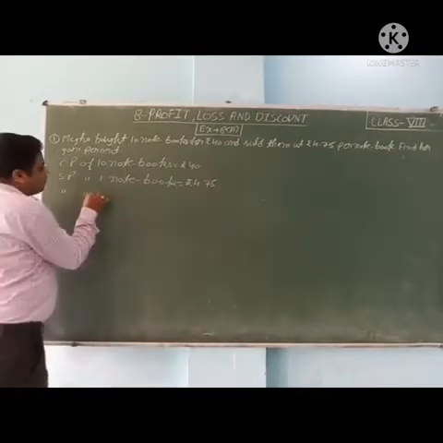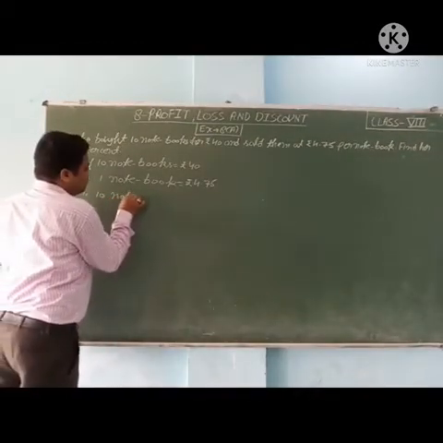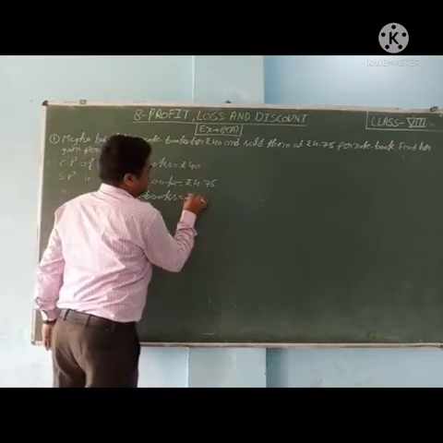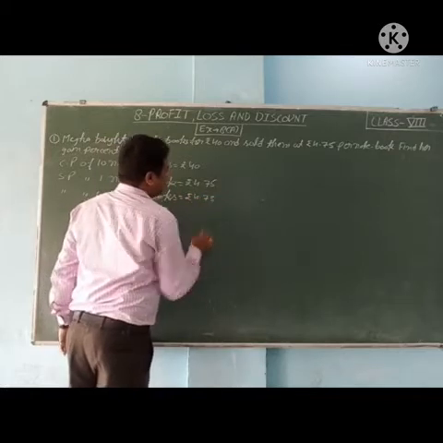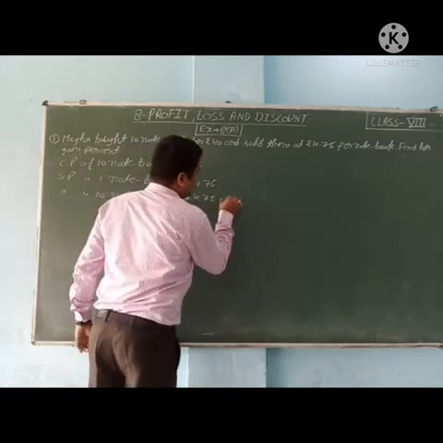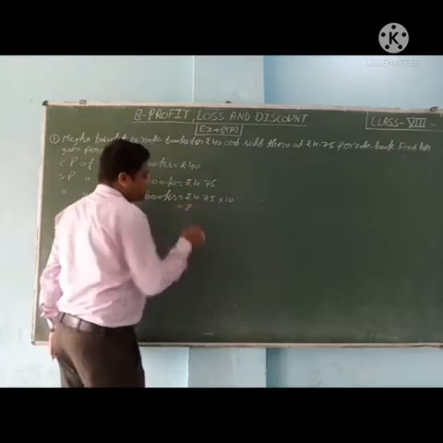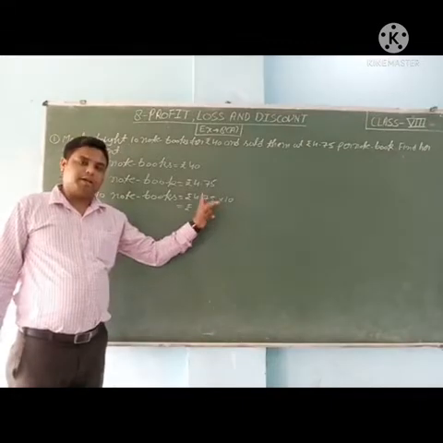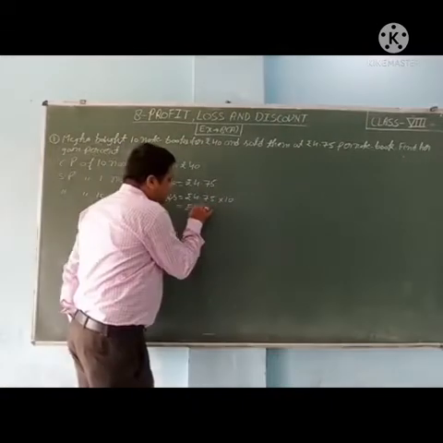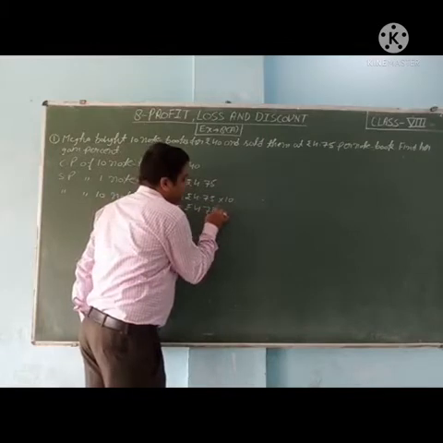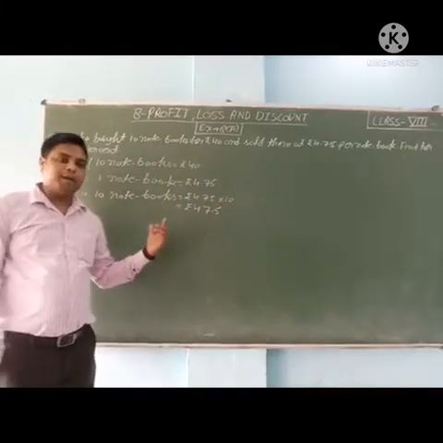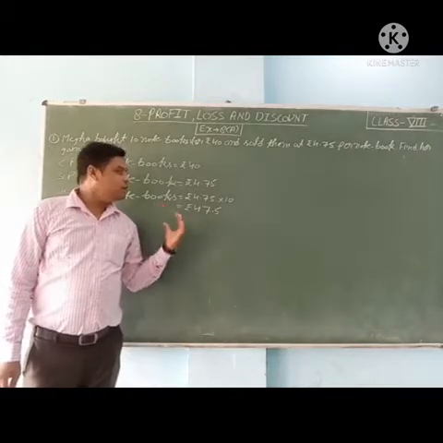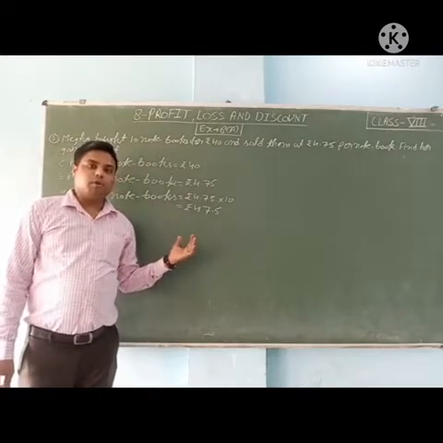Selling price of 10 notebooks is equal to rupees 4.75 multiplied by 10, because it is the selling price of one notebook. Selling price of 10 notebooks will be more, so for that we multiply by 10. What do we get? 47.5. Now we have the selling price and cost price of the same number of articles, so we can find the loss or profit.